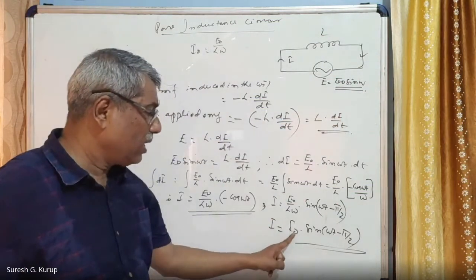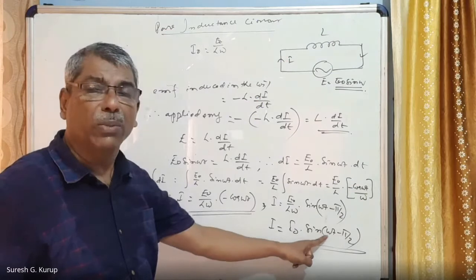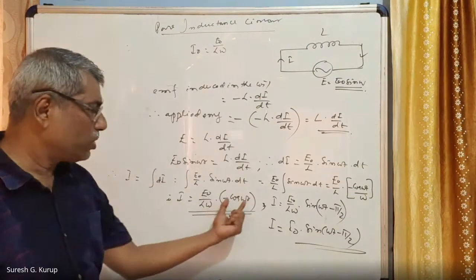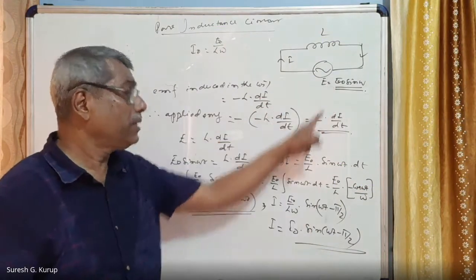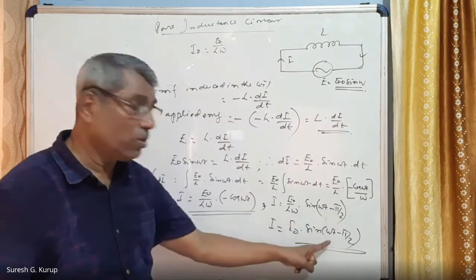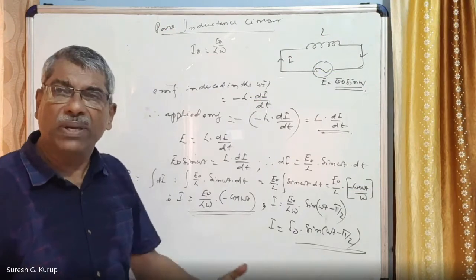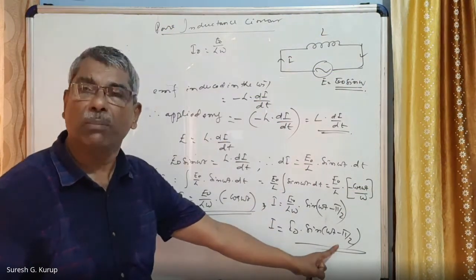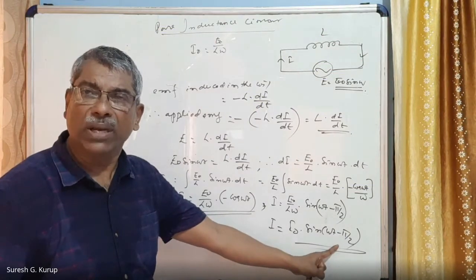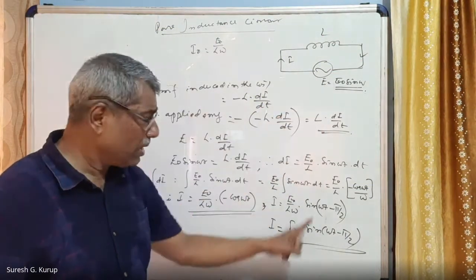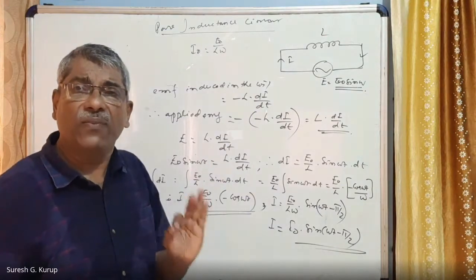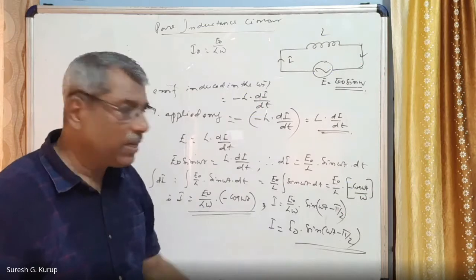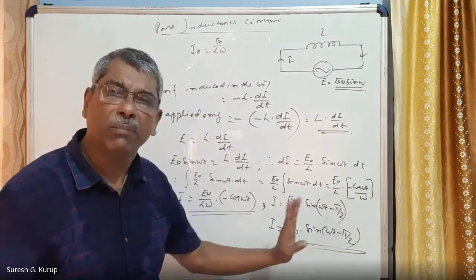What is the resulting current? I is equal to I0 sine (omega t minus pi by 2). The reason why I turned this cosine function into a sine function is that matching is easy. This is also sine, this is also sine. Matching, to compare it, is very easy. This is omega t, this is omega t minus pi by 2. From the relation, comparing these two equations of EMF and current, it is very clear that the current is behind the EMF by an angle pi by 2.